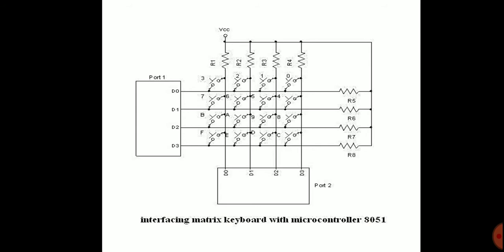If no key has been pressed, reading the input pins of port 1 gives 1 for all columns, since they are connected to high VCC. If all the rows are grounded and any key is pressed, one column will have a 0, since the pressed key provides the path to ground. It is the function of the microcontroller to scan the keyboard continuously to detect and identify the key pressed.